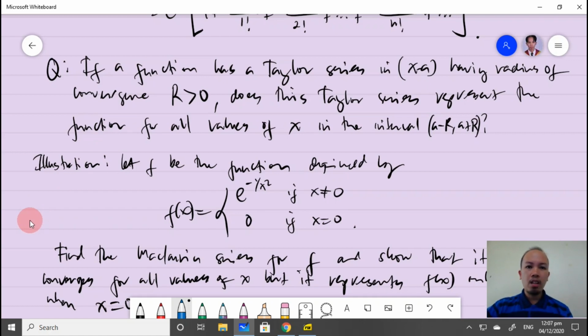So the question now is, is there a method or a theorem on how to determine whether a function is represented by its Taylor series, a test whether a function is represented by its Taylor series? So that's what we do in this